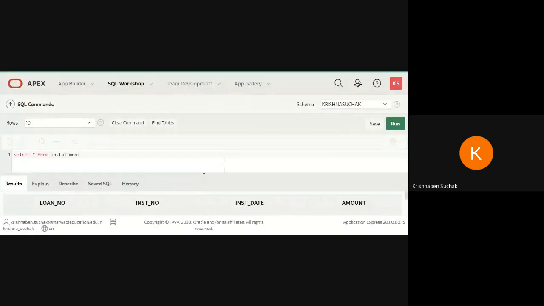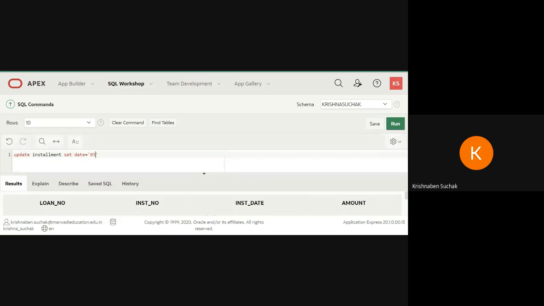Okay, now let us move to the second query, that is change the installment date from February 04 to 3 March 04. So what I need to write here, update my table name, that is installment. Again what I will write here, set date equals to, I need to set it to 3 March.